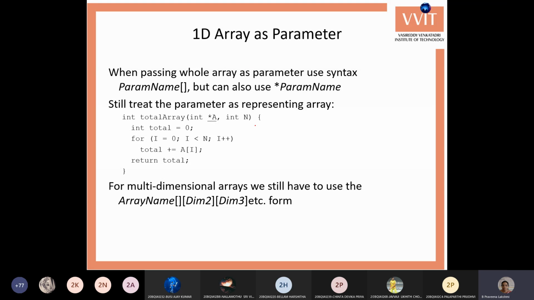The same one-dimensional array you can pass to a function, and there you can store it into a pointer. From the main program, you pass the 1D array, but in the function you can use a pointer variable to store the address of that one-dimensional array, retrieve it, and do modifications in that array.